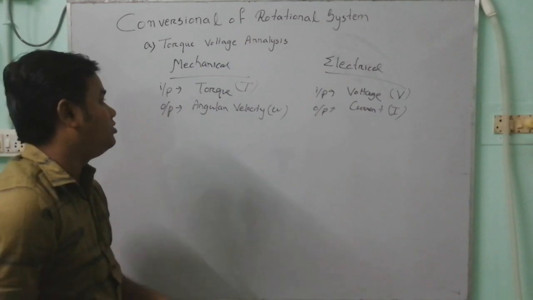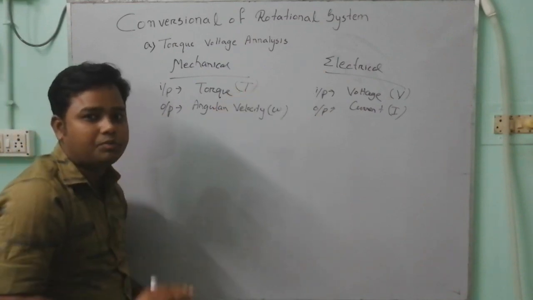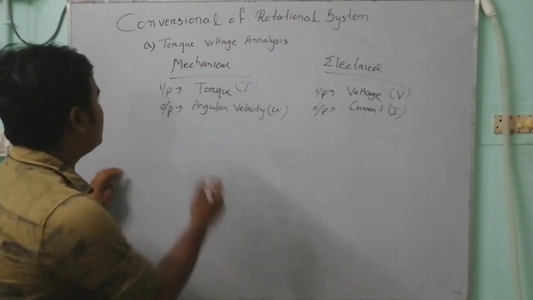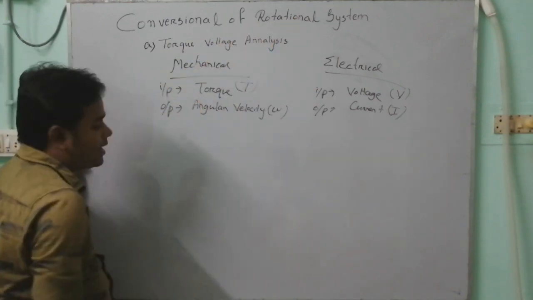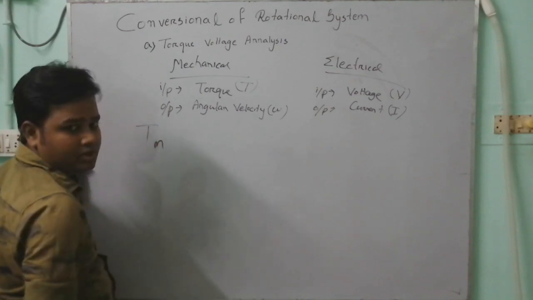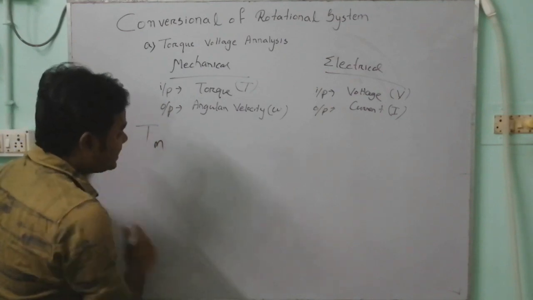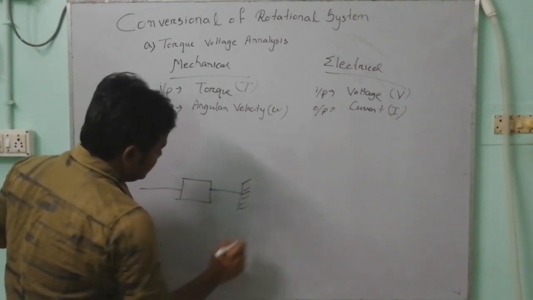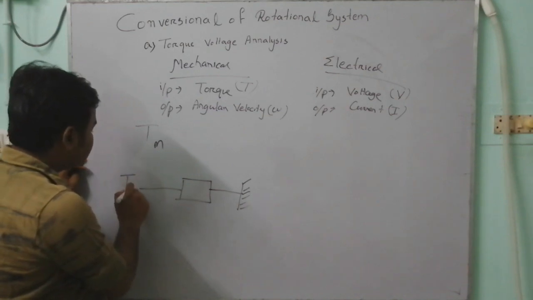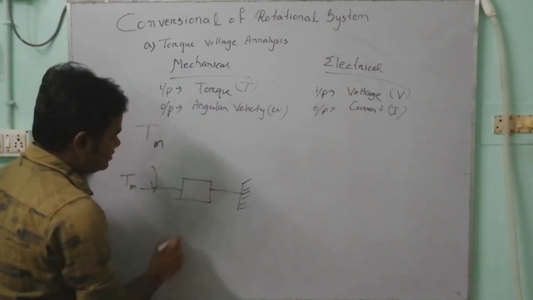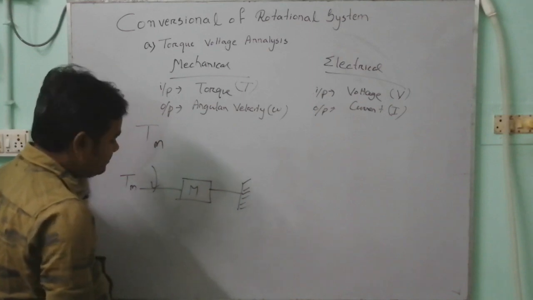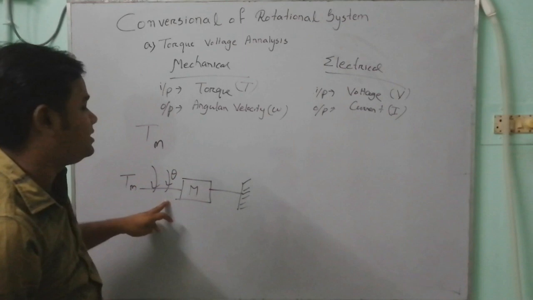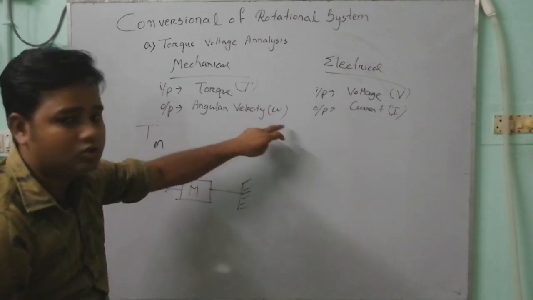We have already studied about that, but there are three types of torque in a mechanical rotational system. First is the torque due to mass, that is T of m. We know that, and its diagram will be here. One side is fixed and one side is open. The torque is supplied in this direction and mass m is present here, and angle of rotation here was theta. Theta was angular displacement, but here we have to calculate in the angular velocity omega.